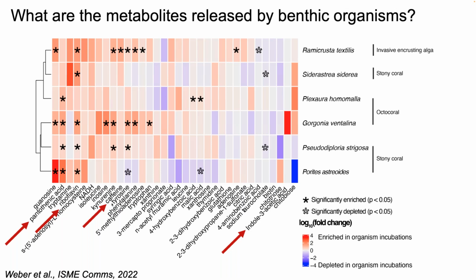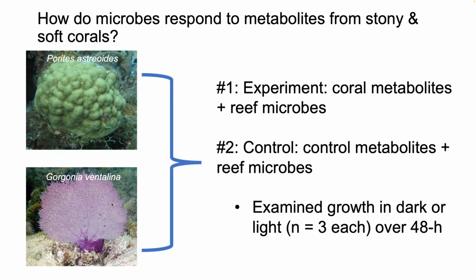So it might also be playing a role in important growth factors potentially associated with the algal symbionts in that coral. So that's just a little bit of a look at the targeted metabolome data, both the untargeted and targeted metabolome data. And then what we went on to do was feed the metabolites from Porites astreoides and Gorgonia ventalina to